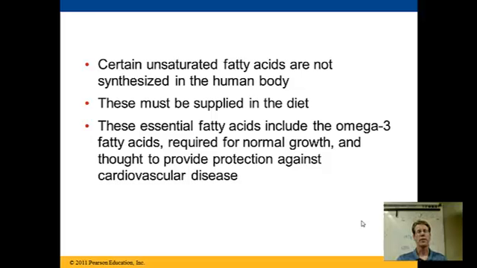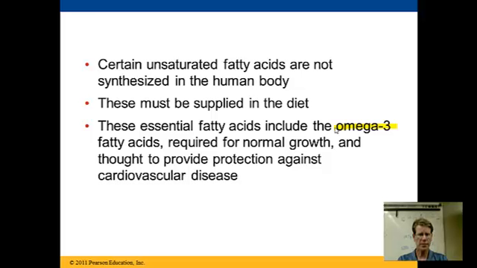So, again, moderation is what we're talking about here: not eating too much of one and supplementing what we're not getting on the other end. And these essential fatty acids oftentimes are the omega-3s. You hear about these every now and again in the news or in advertisements for different products on television, and